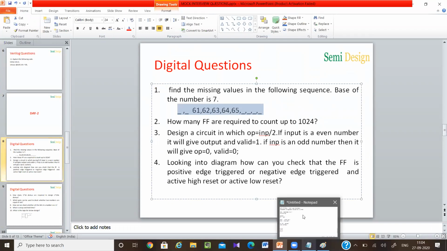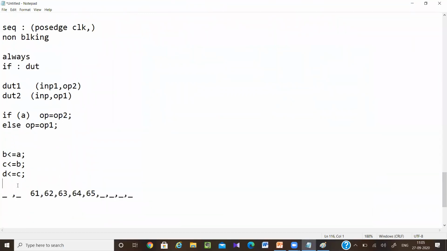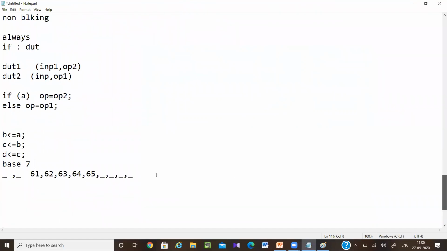Okay, so this is a sequence. What I need to do is find this; here base is 7. So what can be the previous and afterward value? Now 65, after 65 there will be 66. After 66 there is 67, but as base is 7, I cannot have 67 here. Then if not 67, go to 70. 70 also cannot be here because base is 7, so next value will be 100. Okay, 100, 101, 102, like this.